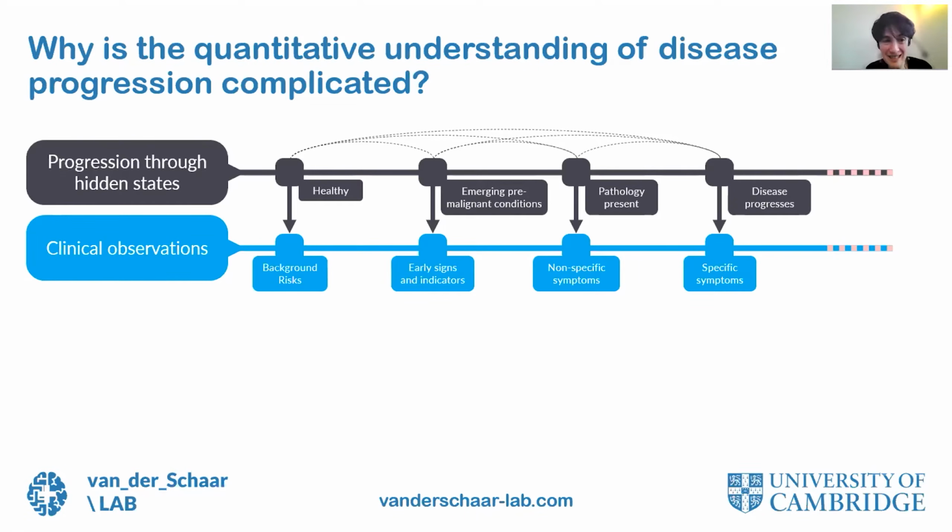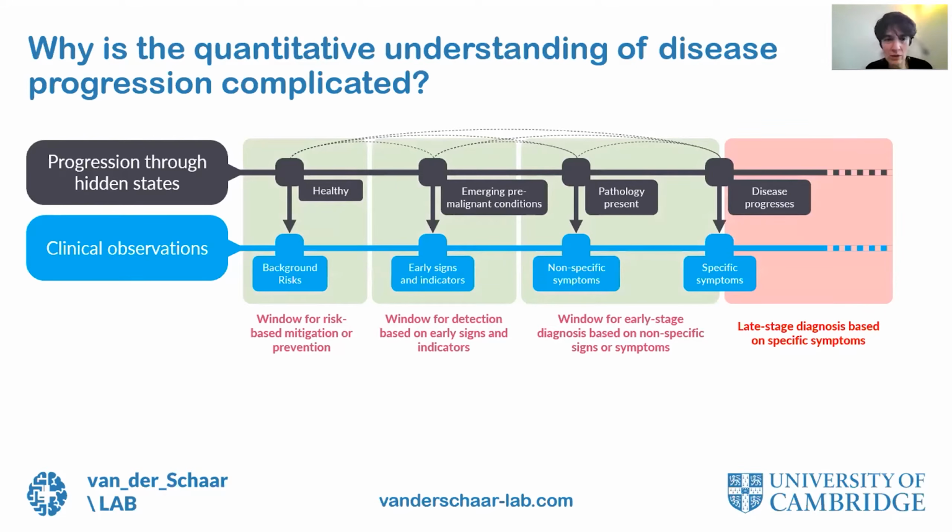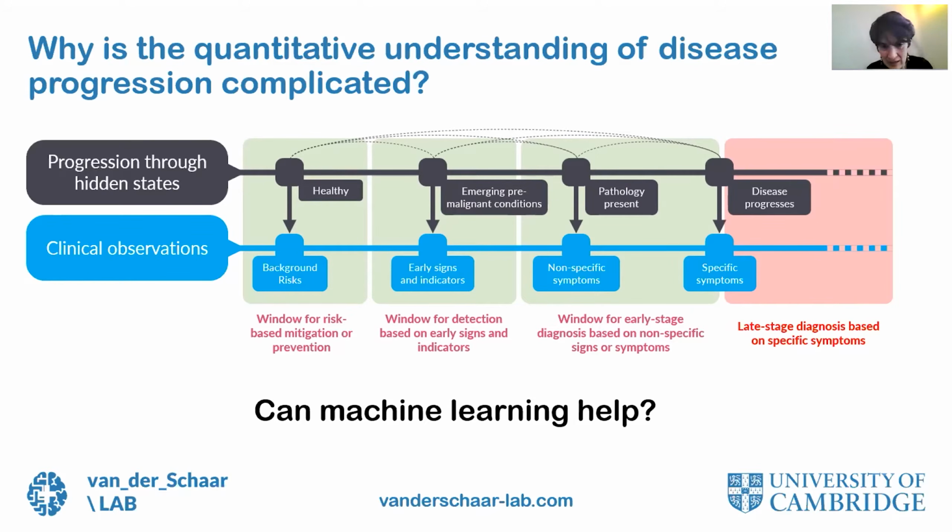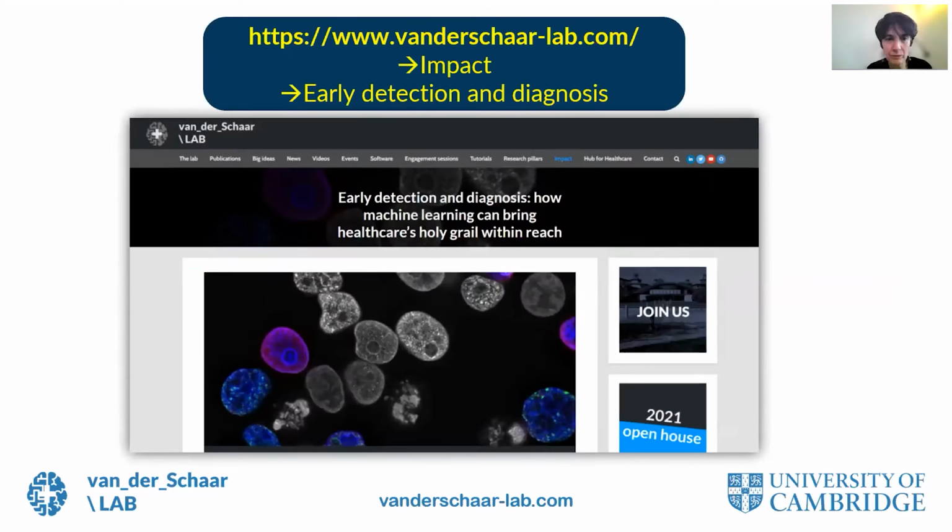Also, the different states through which a disease may pass in a particular patient and the speed at which this is happening is unknown as well. The windows for acting on the patient based on the diversity of information may also vary. And the question here is, can machine learning help with this particular complex problem? I'm going to provide to you a few ideas, which are by no means complete, to hopefully trigger a discussion with you. As Nick has mentioned, we have put together many of these thoughts in this write-up that is